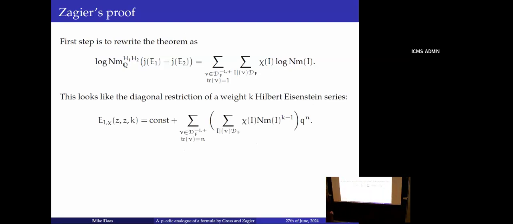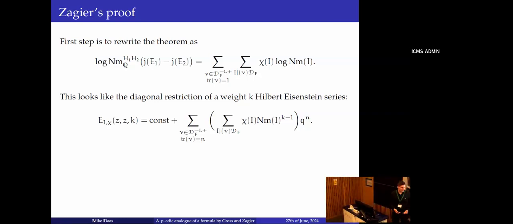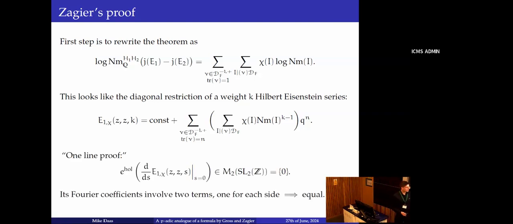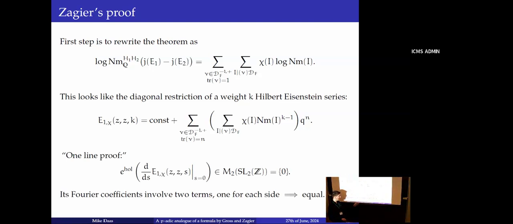But of course, k is an integer here, so I can't take a derivative, but it's still the idea of what you want to do. And that leads to this one-line proof by Zagier, which is I take the diagonal restriction of some family now with a complex, continuous parameter s. I take a derivative, I restrict it, I evaluate it at s equals 0, then I get some kind of complicated